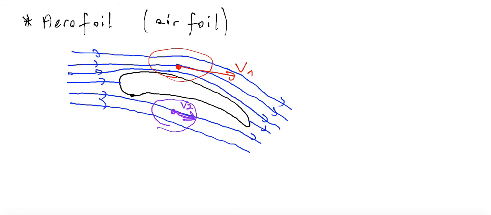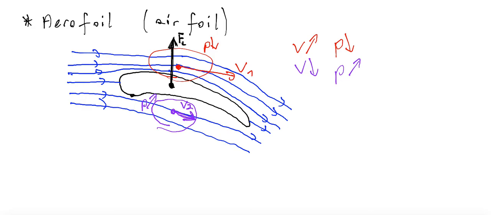Remember, if speed is bigger, then what happens with pressure? Then pressure is smaller. If speed is smaller, then pressure is bigger. So what happens? Above the airfoil we have a region of small pressure, and below the airfoil we have a region of high pressure. Okay? So this pressure difference creates a lift force which is directed from high pressure to low pressure. So this airfoil experiences a lift force,